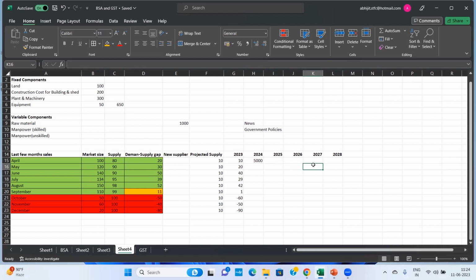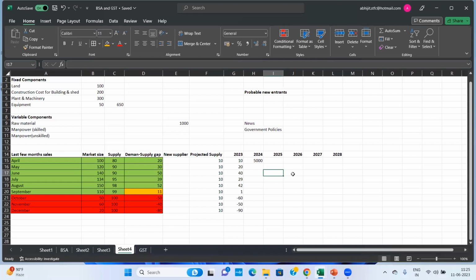So price increase or decrease is one part. Actual gap will be different. Why? Because here I am not considering one important thing, that is probable new entrants. This is an extremely important point. I have to understand how many probable new entrants would be there in 2025, 2026, up to 2027. And I have to factor all this.